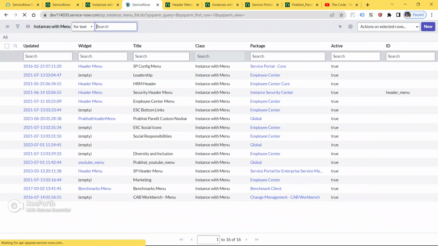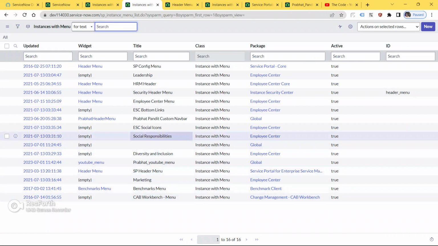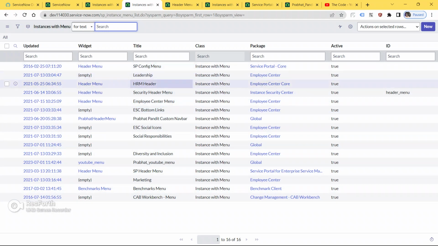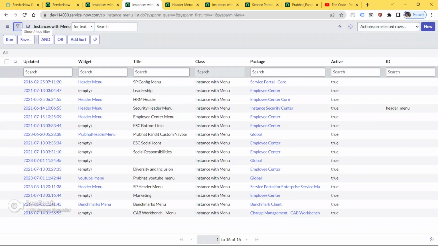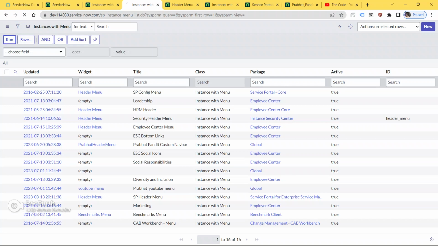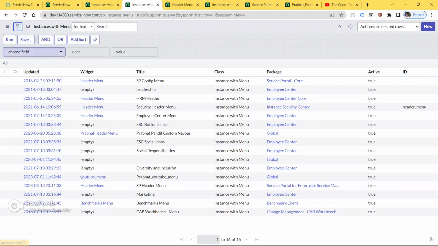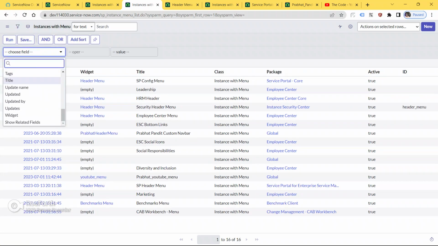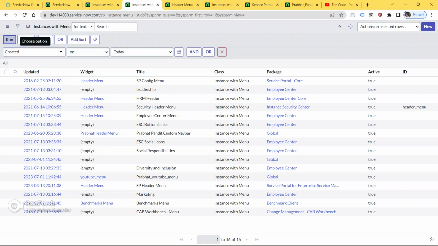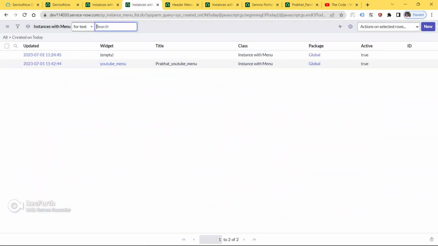Go back. Apply filter, created on today.